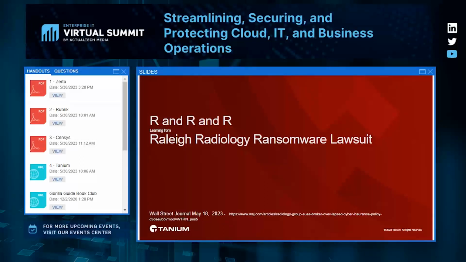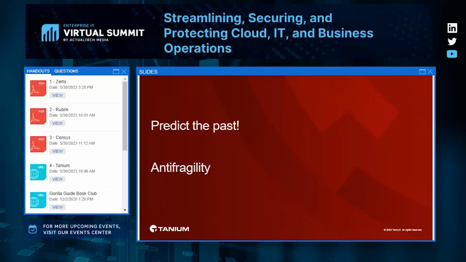The first really sad thing about this case was that it was exactly 2 days after the ransomware coverage lapsed that Raleigh Radiology was ransomed so horribly. The second element relevant to all of us is that they had outsourced their ransomware coverage to a ransomware broker. The whole lawsuit, which you and I can't go into or solve today, we'll leave to the American legal system, was that it had allowed the coverage to lapse and somehow hadn't gotten new coverage in place. The reason I'm keen on this one, besides the fact that it's pressing in the news and sadly could happen to any of us, the unhappiness of 2 days after your coverage lapses, it goes poof, you actually get attacked,